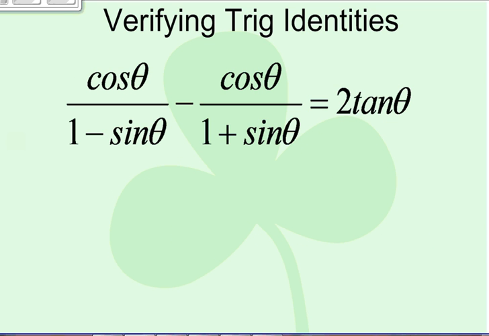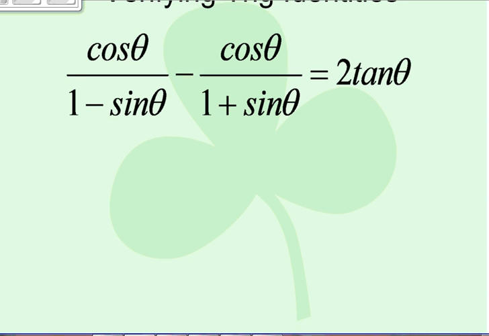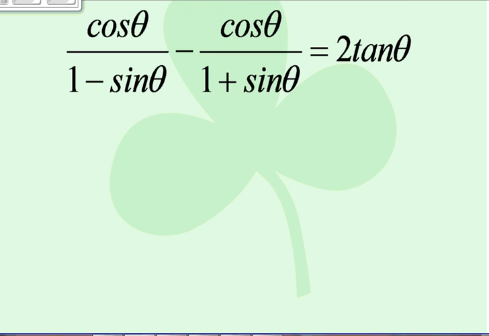All right. This one's going to take a little more work and a little more space, so make sure you give that to yourself. Okay, I have cosine theta over 1 minus sine theta minus cosine theta over 1 plus sine theta equals 2 tan theta. Again, I'm looking at that right side. I'm saying that is the simpler side, so I'm going to try to work with the left side to see if I can manipulate it to give me 2 tan theta there on the right. When I'm adding and subtracting fractions, the bases have to be the same. So I have to multiply the left side by 1 plus sine